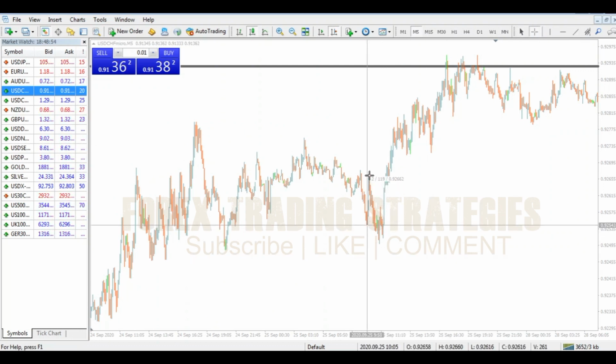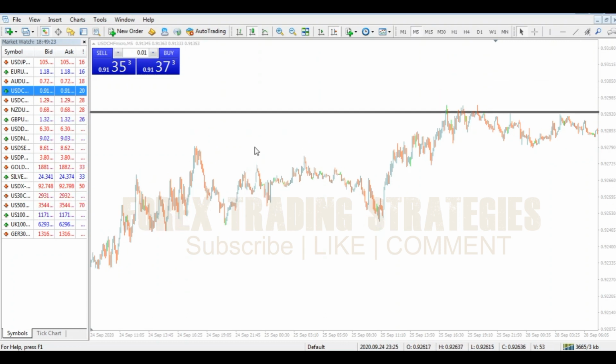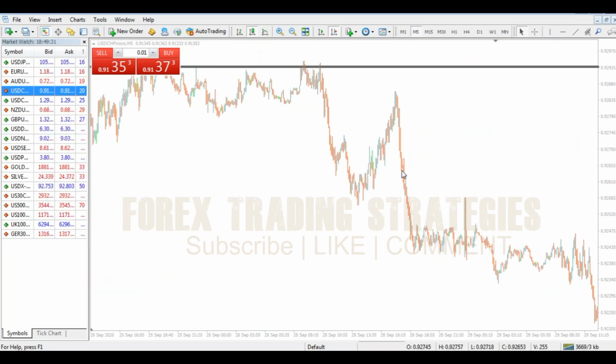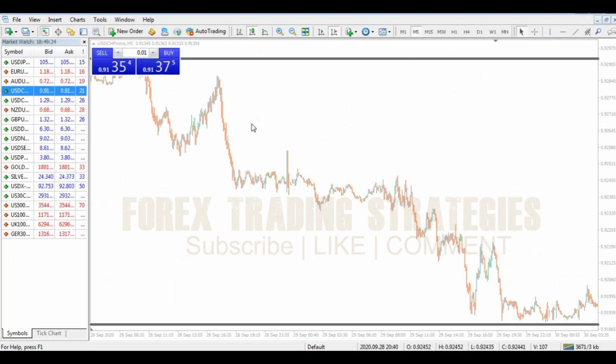Probably bought there for 11 pips, and let's give them the benefit of the doubt, probably sold or waited there and got another 7 pips there, closed their trade, and probably bought there another 17, and the number of trades this person is taking is so much that there is so much risk of blowing the account and losing everything in a bad trade,